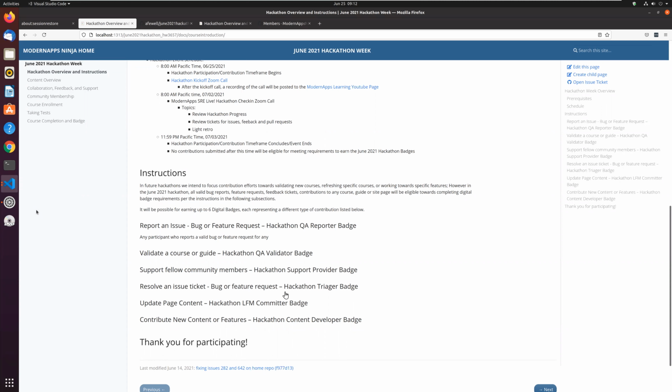Okay, and the last thing, the ultimate badge here, is the content developer badge. There are actually three ways now to earn the content developer badge, including a very, very simple way. The goal for the content developer badge is to inspire people.